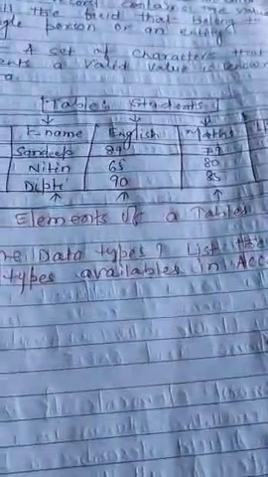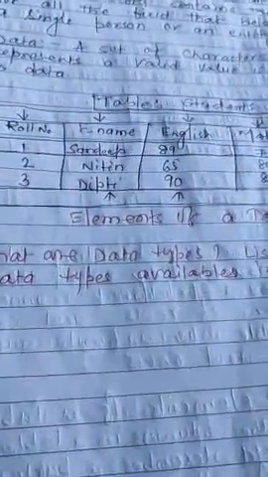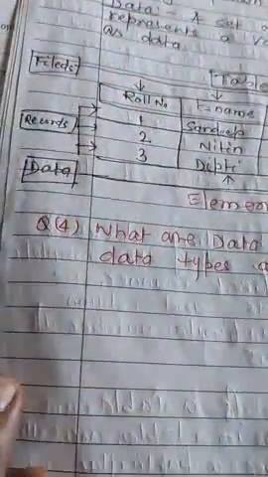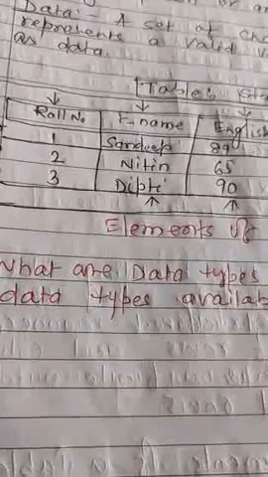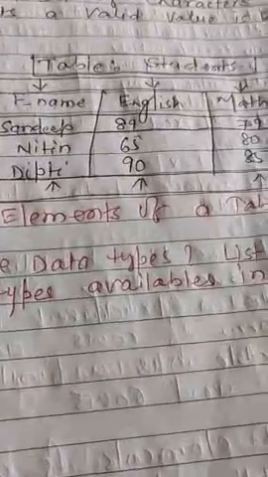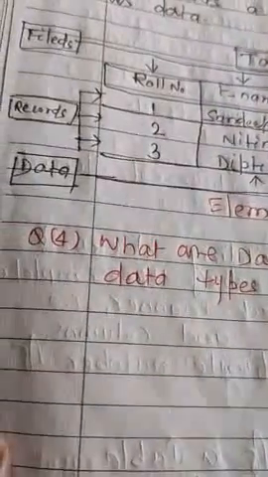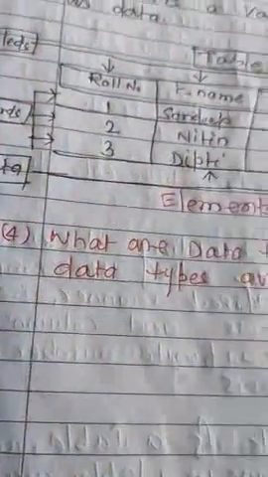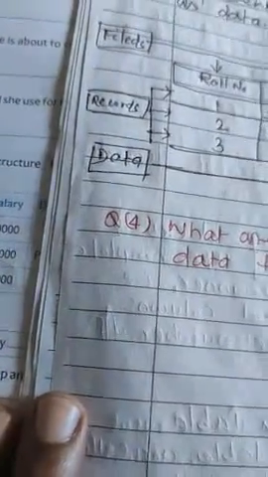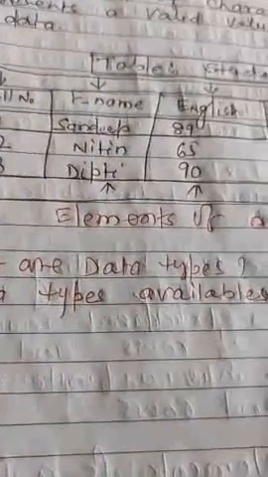This is the table, and the table name is Students, and here are the different fields, that is, Roll Number, First Name, and English, Maths, Hindi. And records number 1, 2, 3. These are the 3 records for every individual: Sandeep, Nitin and Deepti. The name of the student is data, and English marks for all students is data, mathematics marks for all students, Hindi marks of all students.